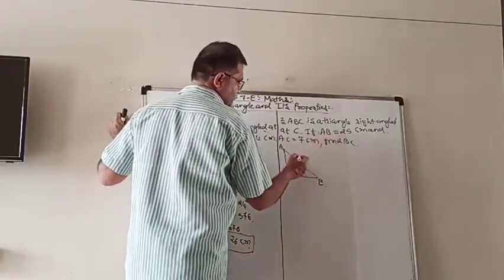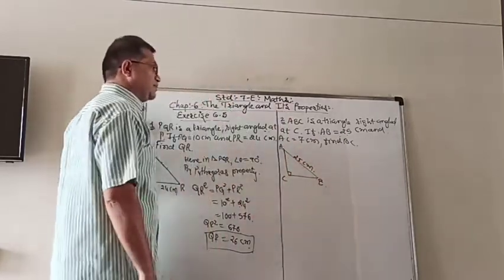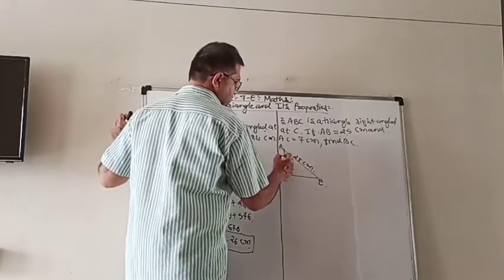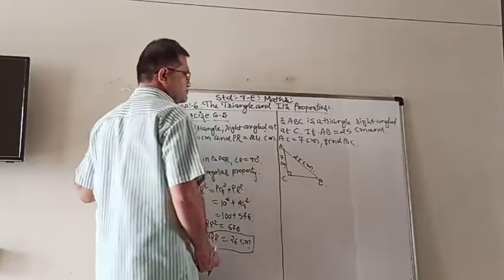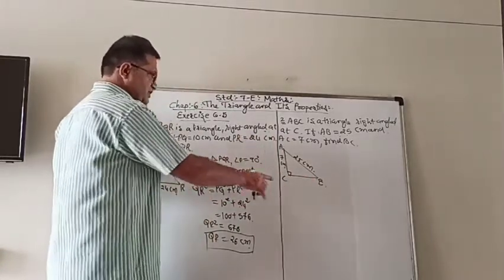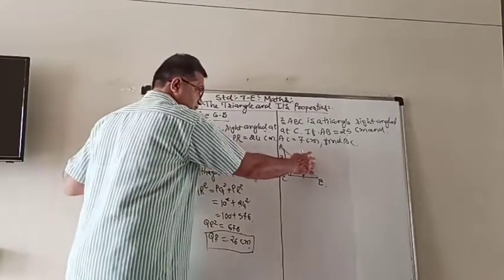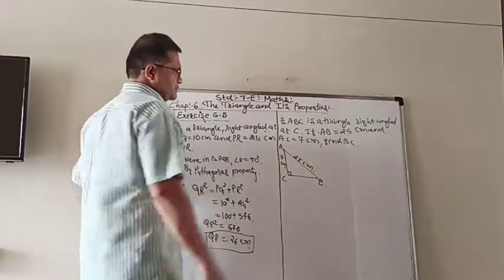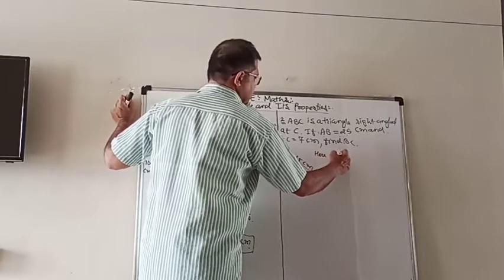AB is equal to 25 centimeter. So here the hypotenuse is already given. And AC is equal to 7 centimeter. So that AC is 7 centimeter, and we have to find BC. So same thing we have to do, just the difference is here we have to find a leg. Yes, the hypotenuse is given, but one of the legs is to be found. So same thing. Now here triangle ABC.